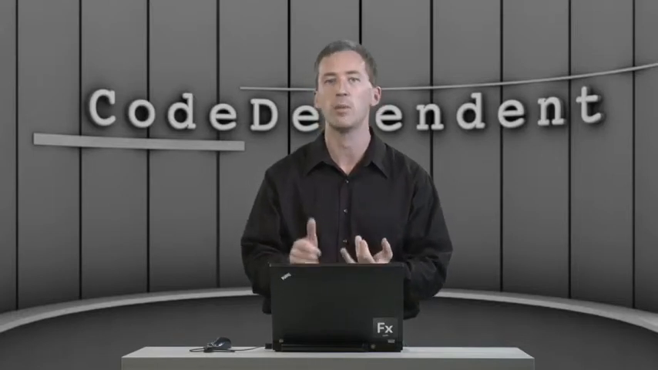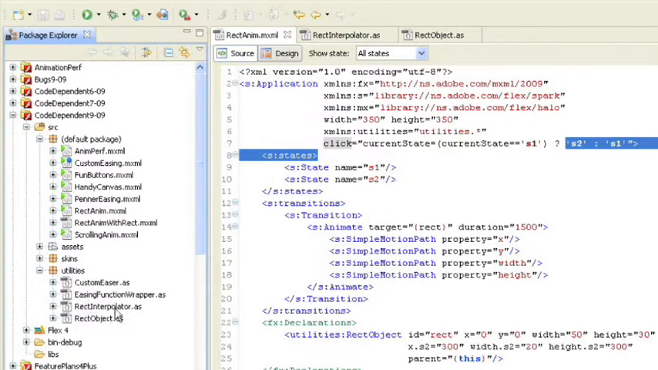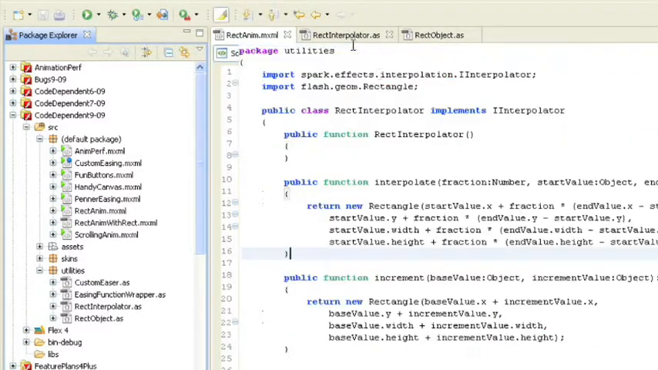Maybe it's more convenient, maybe it makes your code easier to read, maybe there's actually functional reasons, which we'll see in a later episode, for actually animating the single rectangular property as opposed to the individual positional and size properties for the object. So how would we go about that? Well, first of all, we need an interpolator, and in this case we have something that we call rectInterpolator,